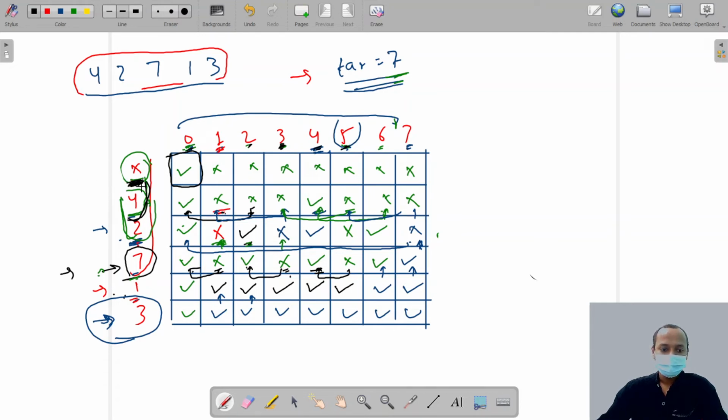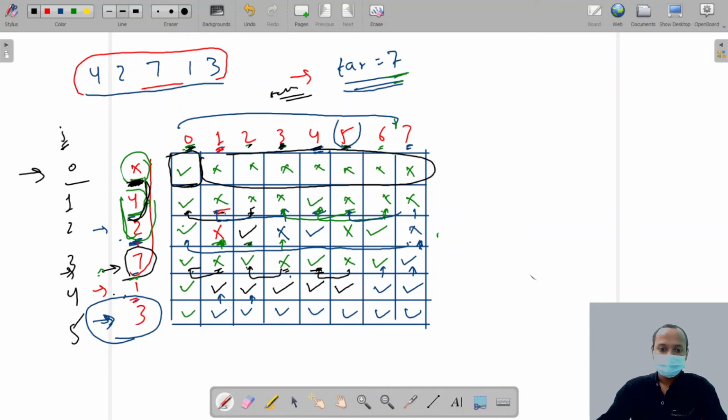So if I index this, 0, 1, 2, 3, 4, 5, this is our j. It means the value of the target, and this is our i, the player. Now if you see here, at the point 0, 0, you get true because the sum of the empty subset is 0. So we get true. And the rest is false. So in this row, we get false.